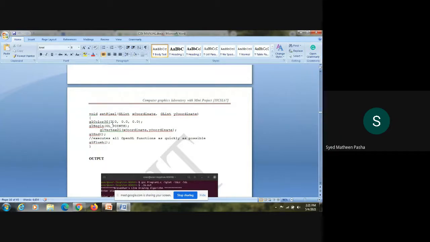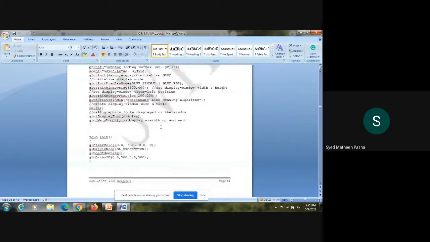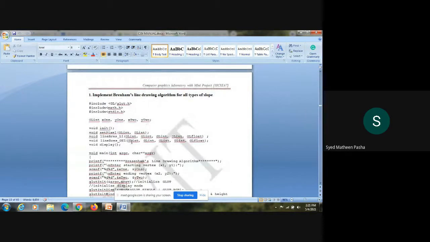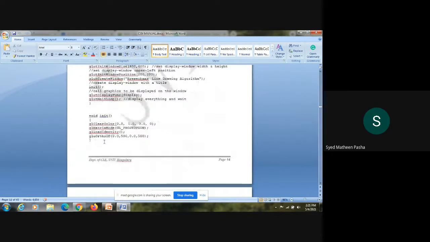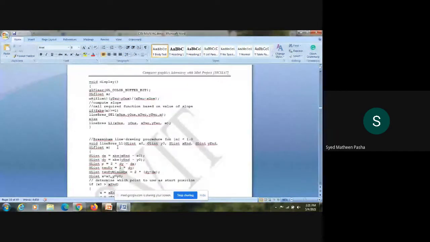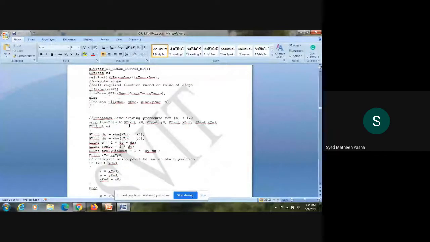Once this is done, it will go to the next function, which has been called before the main program. There they have defined two functions, which are nothing but lineBresenham1 as well as lineBresenham2. After that, it will directly go to the display function. First, let's see these two functions, lineBresenham1 as well as 2. They basically tell all the conditions. Whatever you need to check, all the working of the program goes on in these two functions, then it directly displays the output onto the screen.